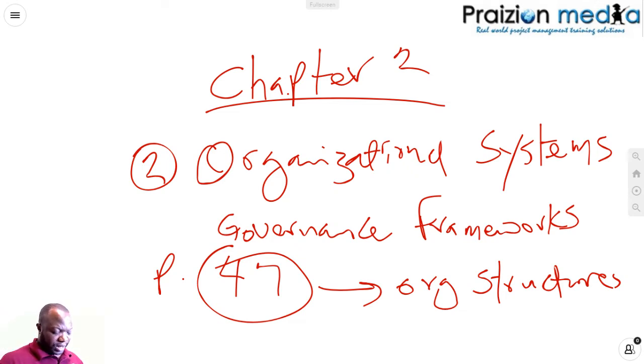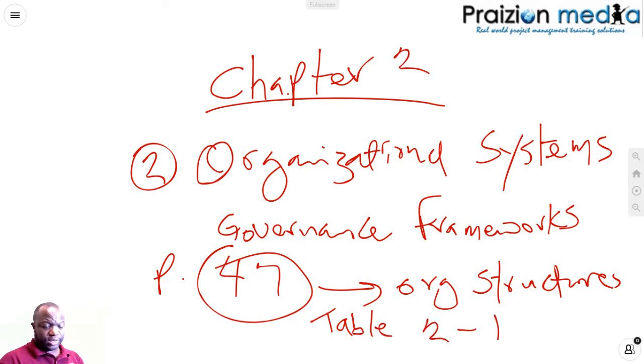Those have all been taken out of the PMBOK guide. You know, we had one for functional, one for matrix, one for projectized, one for, what did we call it, composite, right? We don't have any of those images anymore. Roughly 2 to 3 pages of images have been taken out, and it's been replaced with this table on page 47. Okay, so table 2-1,